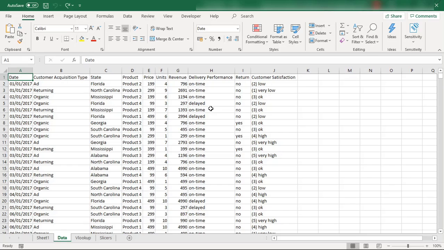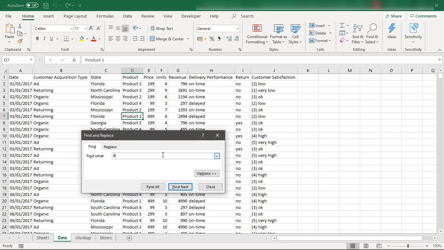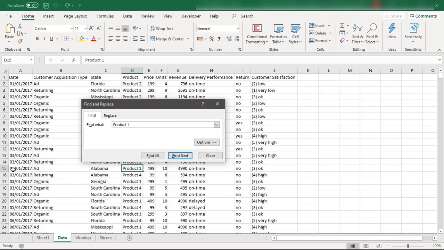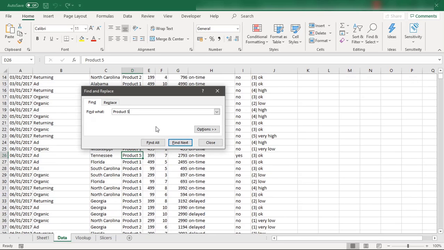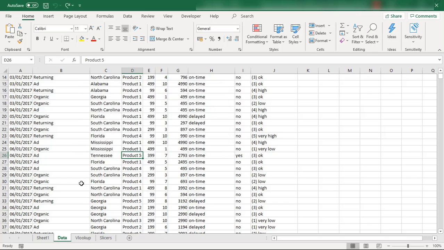Now if you sit and just Control F and search, your boss wants you to find the product 4 records, and then product 2 and product 1. If you go with the search on this date, with Control F, you just type product 1 and find the first product 1, find this record, and then copy it and paste it in another one. And then you want to find the product 5 and then product 6, and these are the records. But